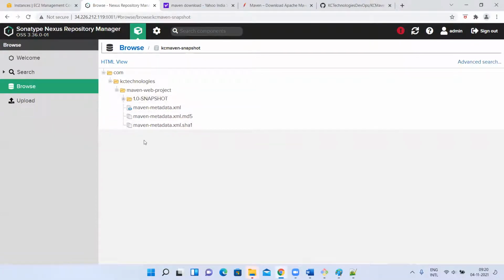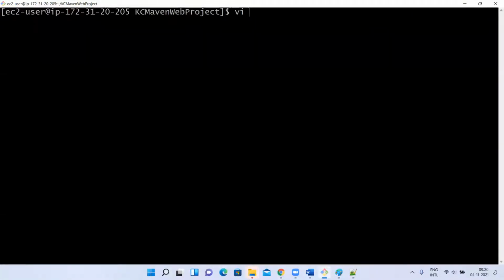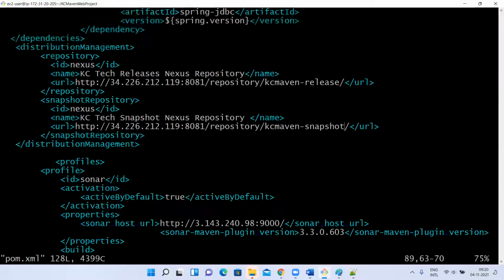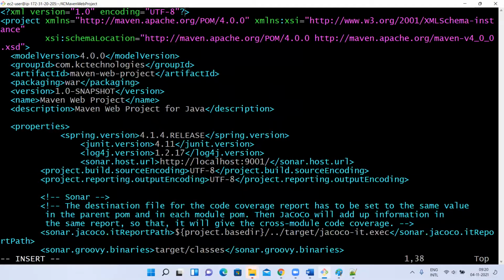Okay, so now what I'll do is I'll modify this. vi pom.xml. Here I'll change it to 1.1 snapshot only, but 1.0 was there.